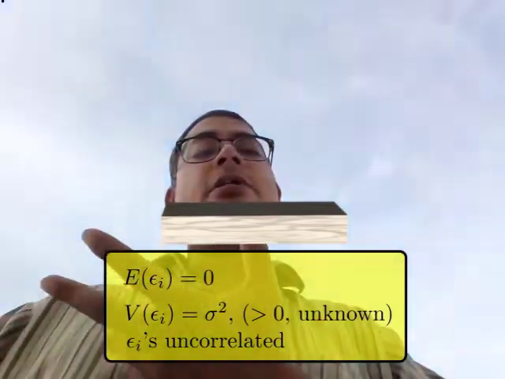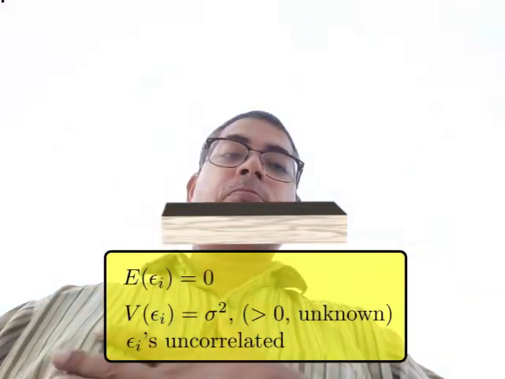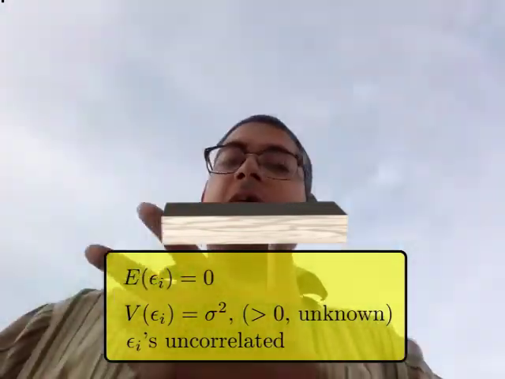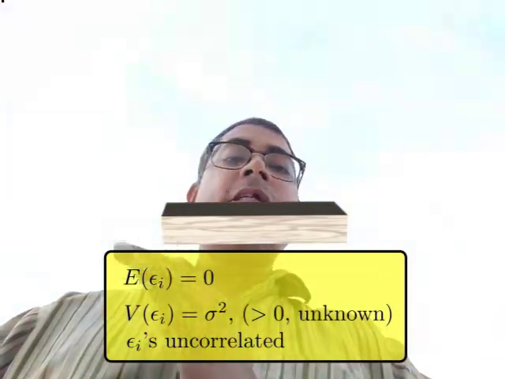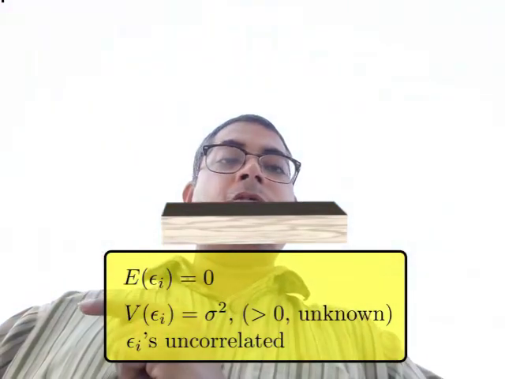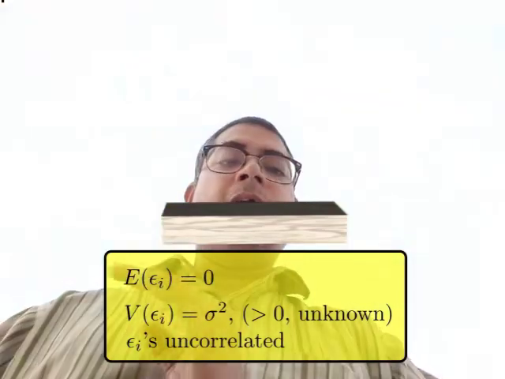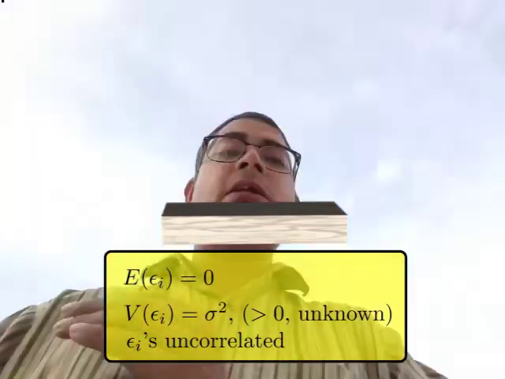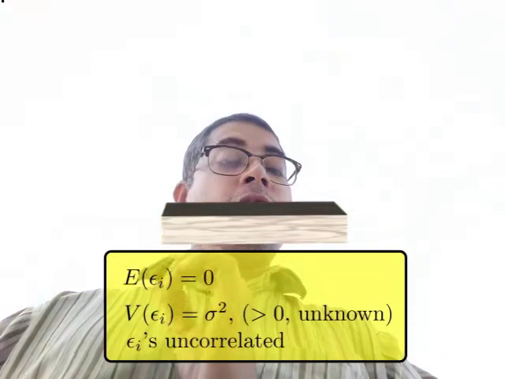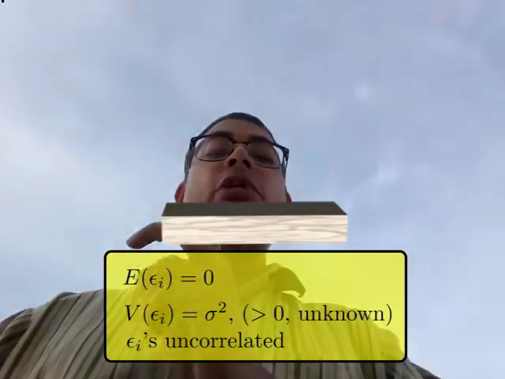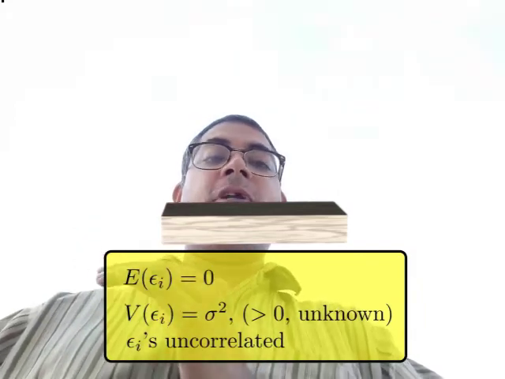For example, I know of certain students, when I was in higher secondary, I had some lab partners who had this bad habit of doing back calculating at every step. So the moment they would see one measurement, they would work out by back calculation what the value was supposed to be according to physics theory, and if they had overshot it, in the very next measurement they would write down something which would undershoot it so that the average remains the same. So they are basically making all these observations correlated, negatively correlated in their case, such that the average is indeed the value that is given in the textbook.